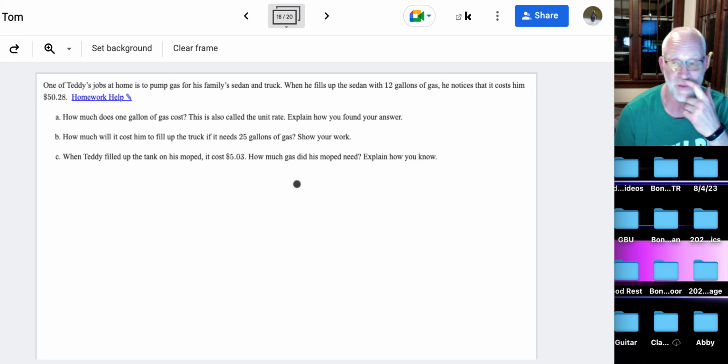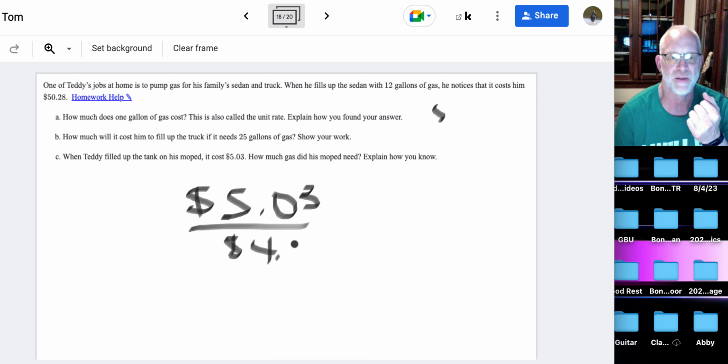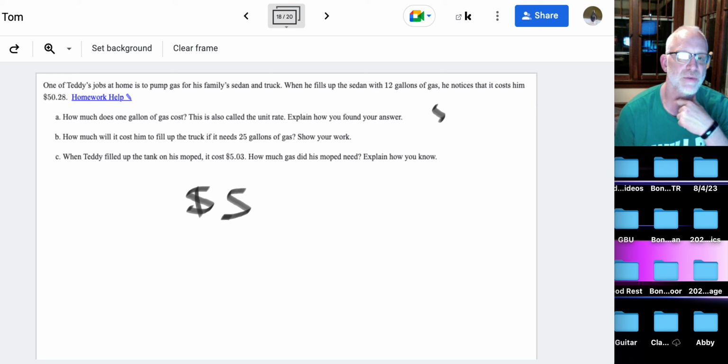$5.03. How much did his moped need? Or how much gas did it need? Well, I just took 503, right? And that's for 1 gallon, or for the moped. And then I'm like, well, it's 419 for 1 gallon, so I just divided those out. Okay. And then I went 503 divided by 419,